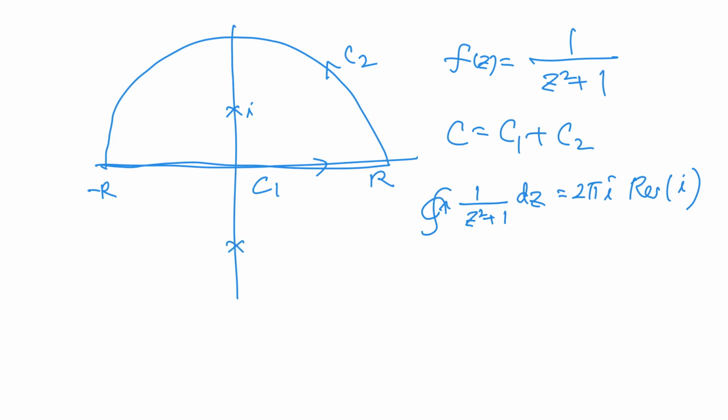Of course, there is minus i, but it doesn't contribute. So 2 pi i times 1 over 2i is pi. We know this answer. But this integral, that's number 1,